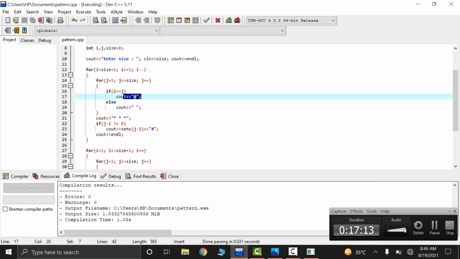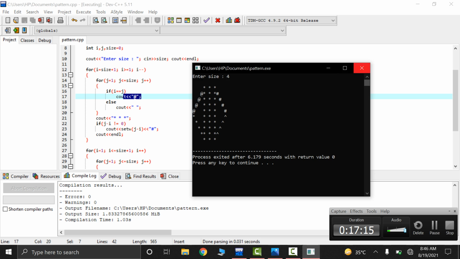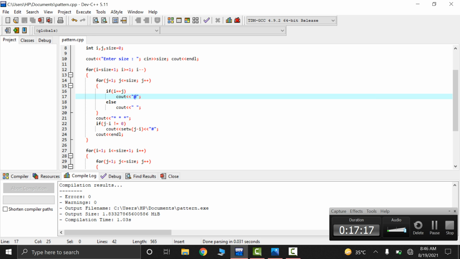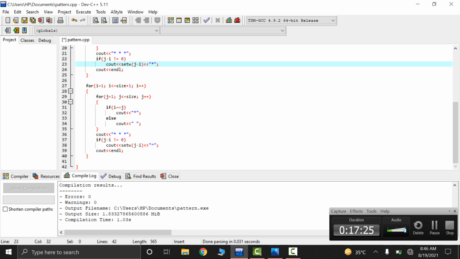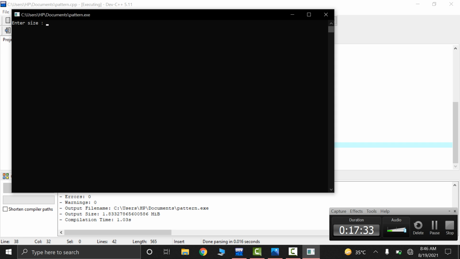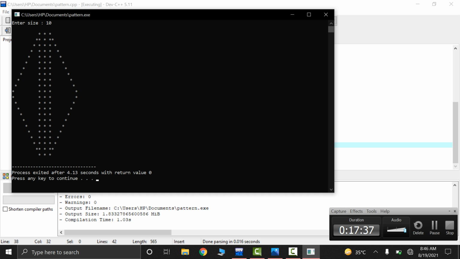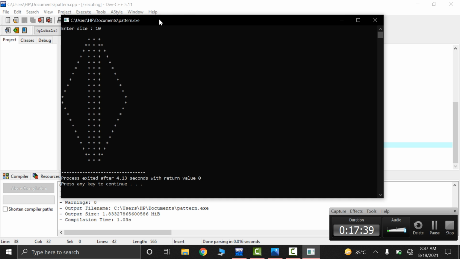You can see here these are just as I told you, but now I'm going to change it into the static shape, so we can get the perfect diamond, or not the diamond but the hollow shape. Now this is the code for it, and I'm going to press F11 again. Now I'm going to give the user input, like I give you a size of 10. So you can see the code is perfect, as I told you.